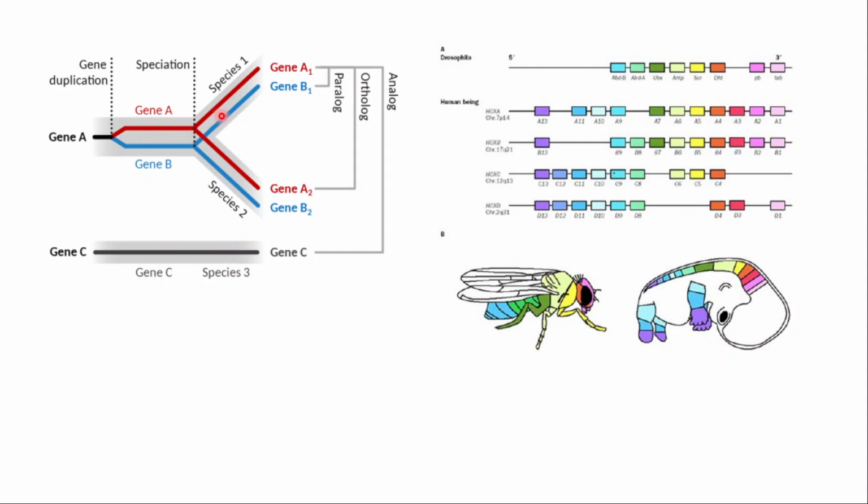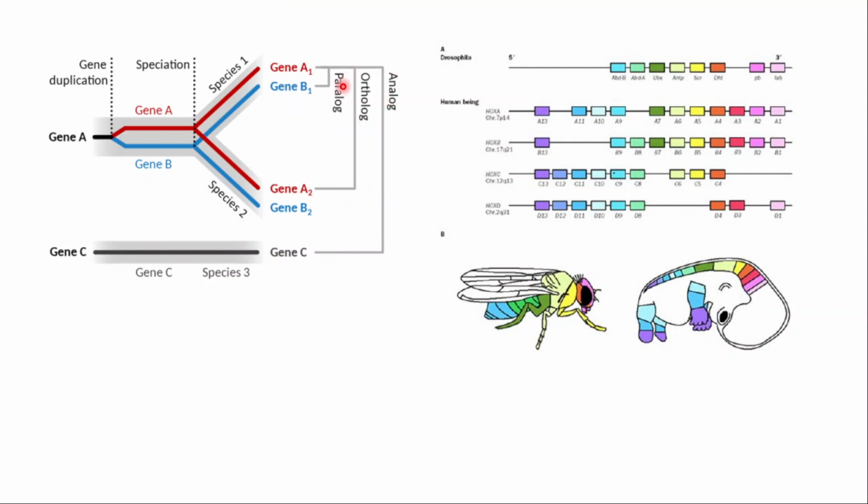While if we compare gene A1 and B1, B is the one which arose from gene duplication and divergence in the first place. If we compare gene A1 and B1 present in the same species, species 1, then those will be known as paralogs. So two genes or proteins in the same species performing different functions, arising due to gene duplication and divergence, is a paralog. And gene C is an analog because it is totally unrelated.